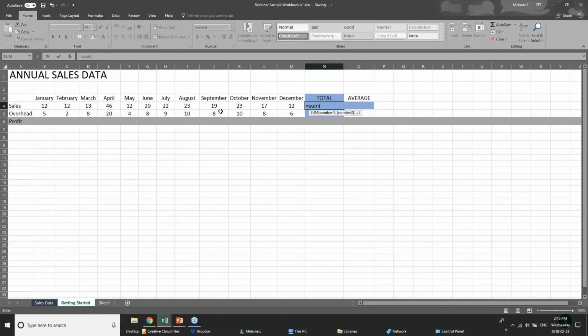So I could do the same thing, equal sum bracket, and I could just drag across. And then I can close the parentheses or I could just press enter, and great. You'll see that the total is there, 231. But when I put my cursor on the cell, you'll see that the actual formula is sum B4 all the way to M4, and that's your total there. Pretty cool. Now, what I was saying about the fact that there's multiple ways to do this and where it gets a little bit confusing is